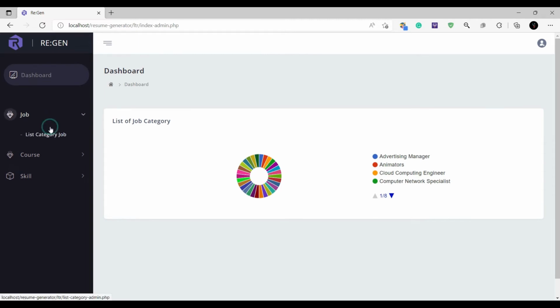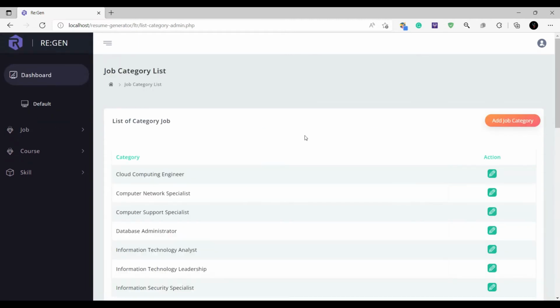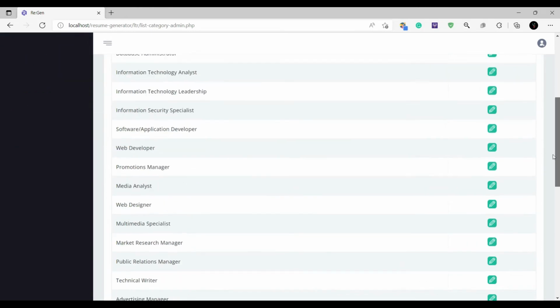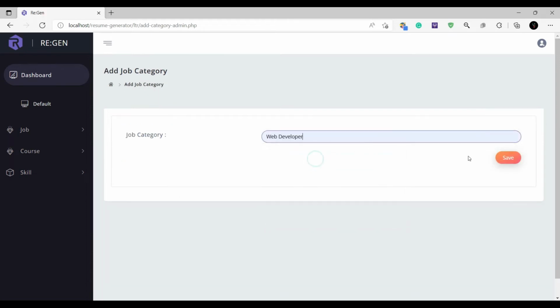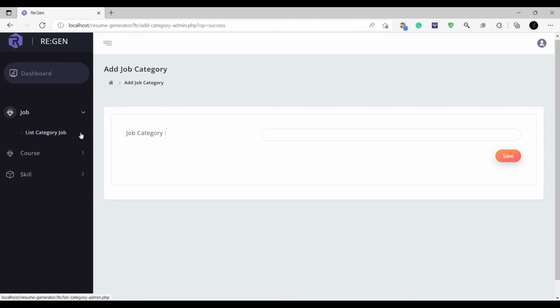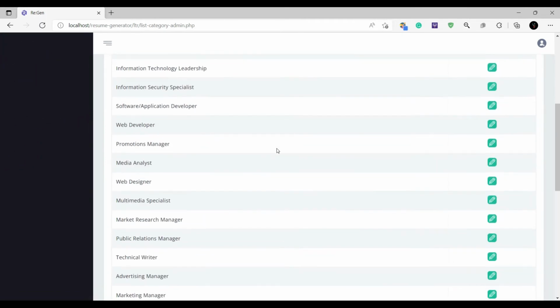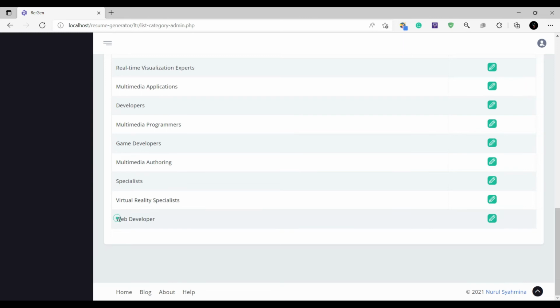We will try to manage job. So we have this job category, and we can display all the job categories that have already been inserted into the database. Okay, we will try to add a job category, for example, web developer, and then we will try to save. After that, we will view whether the data has been inserted or not, and yes, the data is already inserted